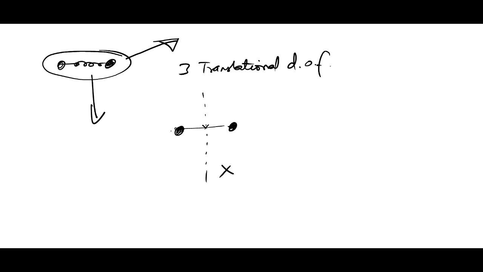It should actually pass through the CM of these two. So these two rotate about it like that. Okay. So there's going to be a rotational kinetic energy, which is given by half Ix times omega x square. So there is one independent rotational degree of freedom,